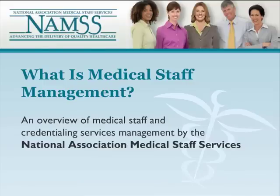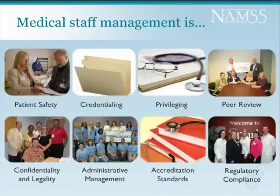What is medical staff management? An overview of medical staff and credentialing services management provided by the National Association Medical Staff Services, advancing the delivery of quality health care. Medical staff management works to ensure patient safety, provides credentialing and monitoring services for physicians and